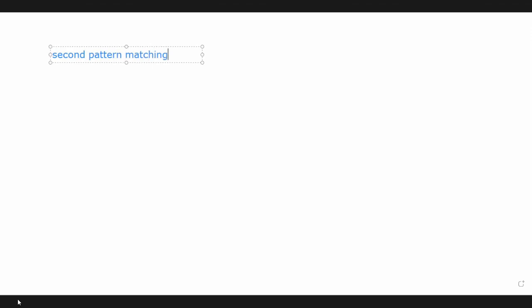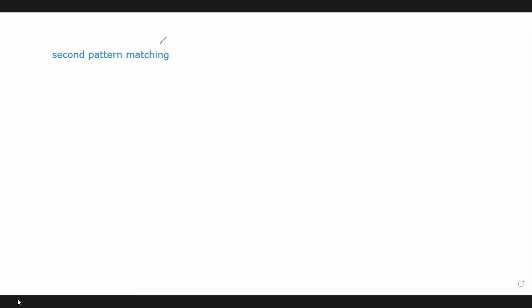The difference between the first and second pattern matching algorithms is that in the first algorithm, we need to know about the text. If we have a text and a pattern, we can use the first algorithm to find out whether the pattern belongs to the string or not. But what about the second pattern matching algorithm? In this algorithm, we don't need to know the value or the length of the text.